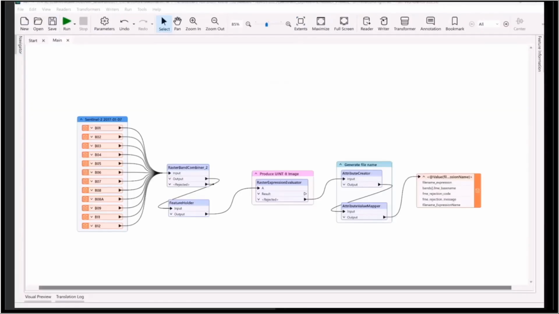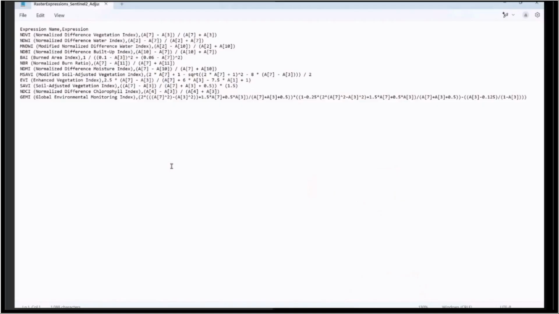So another option available for managing your raster expressions in FME is to make use of a choice user parameter where the choice options available at runtime have been imported from an external source. So let's say I maintain a CSV file of my most commonly used raster expressions when it comes to Sentinel-2 imagery. This is a fairly simple, easy to manage CSV. All I've done is comma delimited the expression name, and then the expression itself formatted the way FME expects to